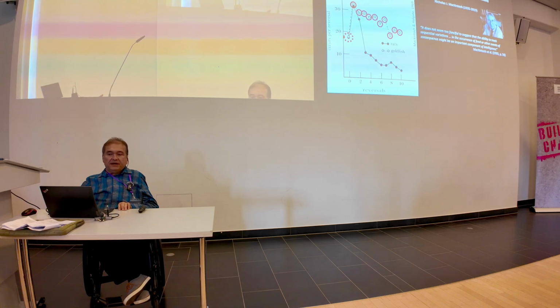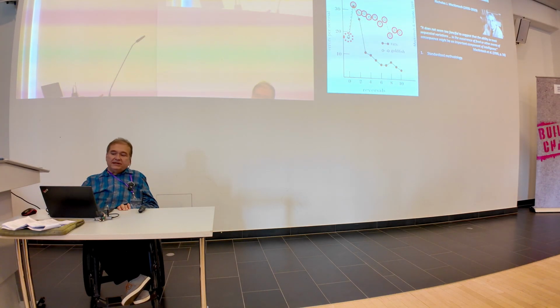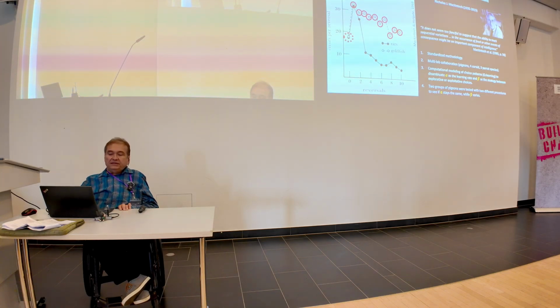So I convinced my colleagues, you can see Alice Auersperg, Thomas Bugnyar, Russell Gray, Jonas Rose, Alex Taylor, and Auguste von Bayern, to do the study with me with their birds. So we had a standardized methodology, a multi-lab collaboration, which is very hip now, with 4 corvids, 3 parrot species, and pigeons. We used Q-learning to differentiate alpha as the learning rate and beta as a strategy between explorative and exploitative choices. And for pigeons, we used 2 different tasks, and I will explain in a minute why we use 2 groups of pigeons with different tasks.